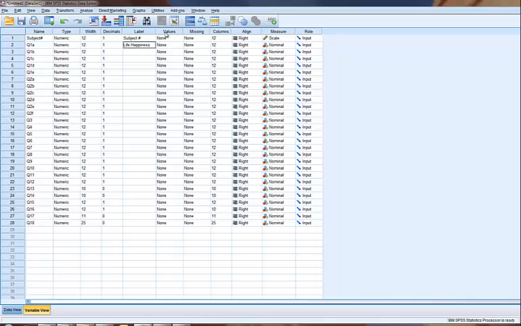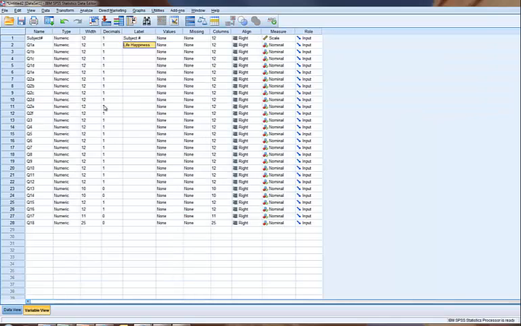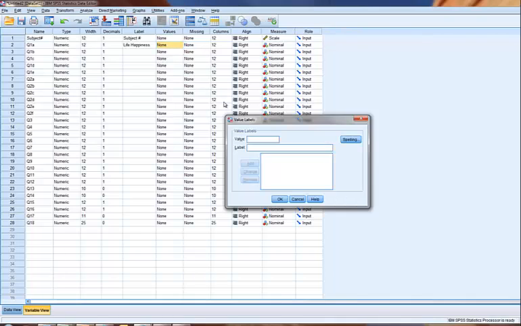For the next areas, values, this is where we put in codes for what those answers are on the data view field. Notice on Q1A we have all sorts of numbers here. You see lots of 3s, 4s, and 5s, and some 1s. We need to tell SPSS what each of those numbers relate to. So I click on the cell in values and click on the blue button again. And this is where I let SPSS know what the different codes might be that are related to my survey